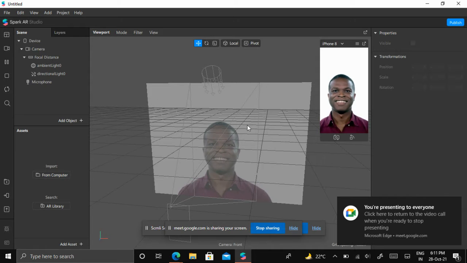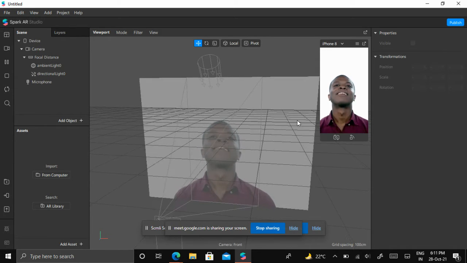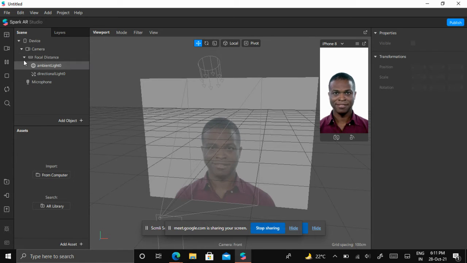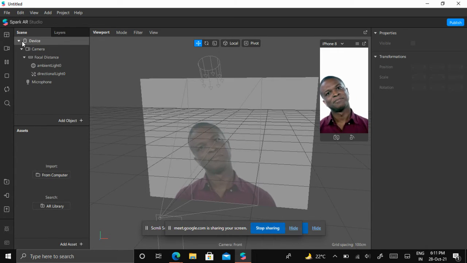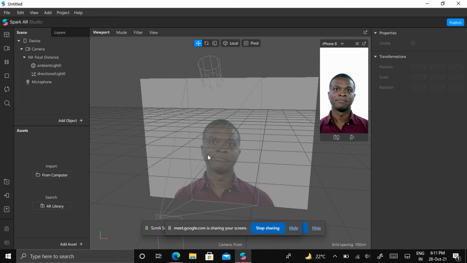First of all, we create an effect with this, and I will explain this thing. This is the scene panel where we can see the device, camera, focal distance, ambient lighting, direction light, and microphone.